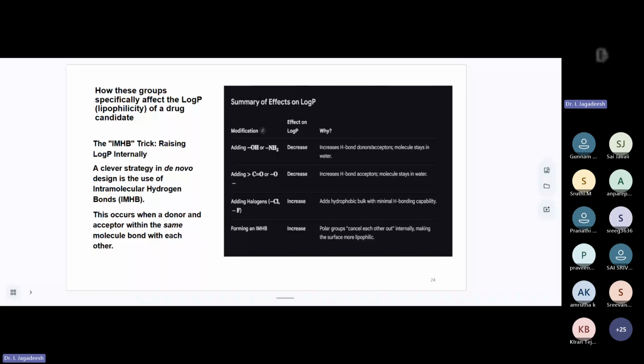Similarly, by forming IMHB, that is intramolecular hydrogen bonding, the hydrogen bonding occurs within the molecule itself, not with the interaction site or active sites in the proteins. What will happen? It increases the log P value. Why? The polar groups present within the molecule bond with each other and cancel each other, so they will not be available for interaction with the interaction site in the protein. That is the reason the log P value will increase and water solubility will decrease,